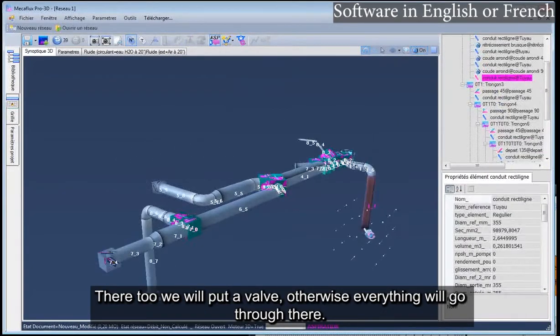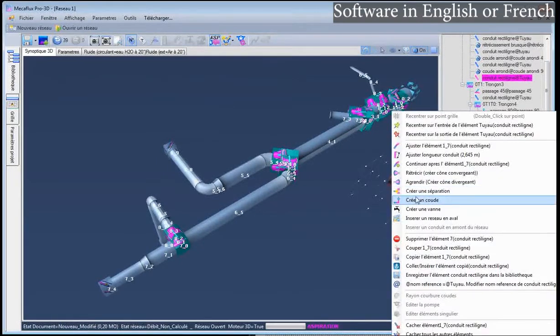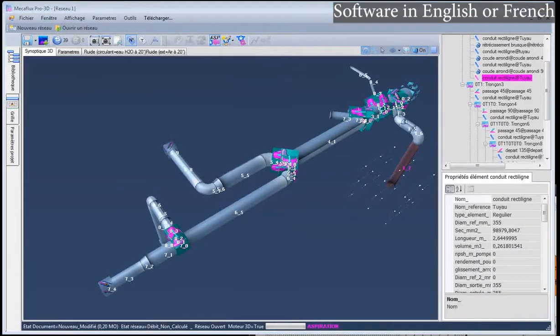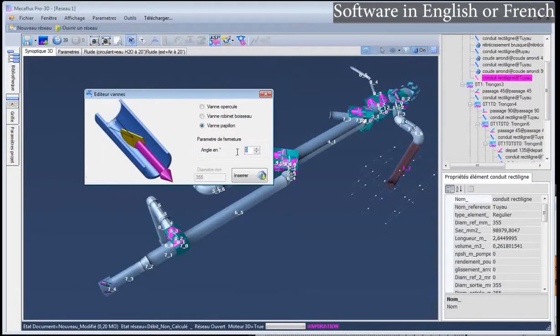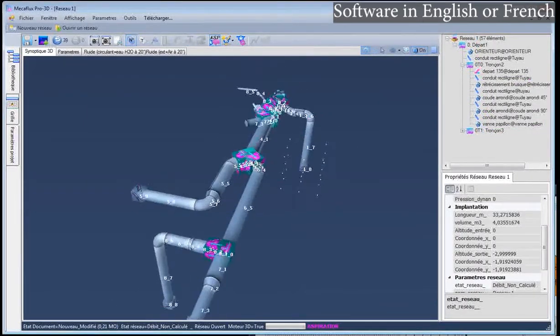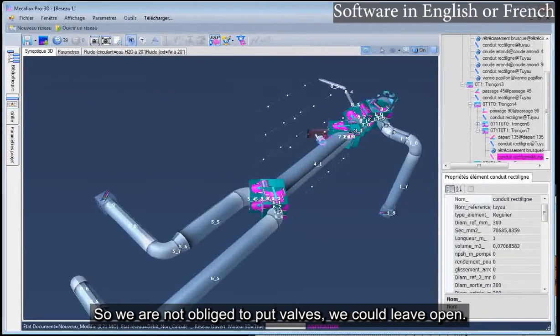There too we will put a valve, otherwise everything will go through there. So we are not obliged to put valves, we could leave open.